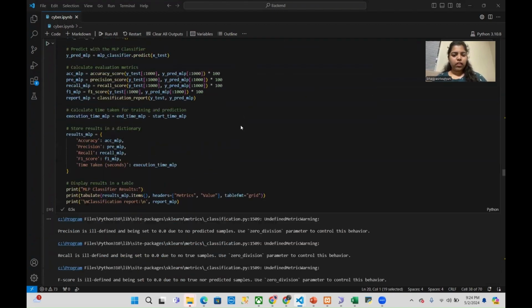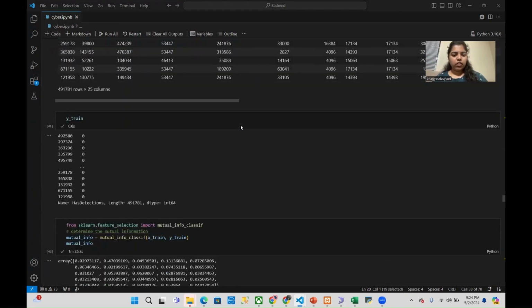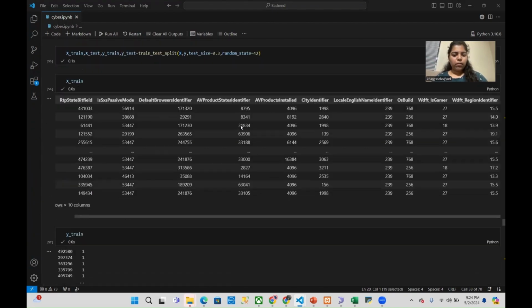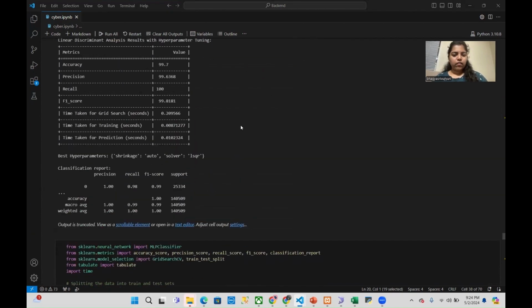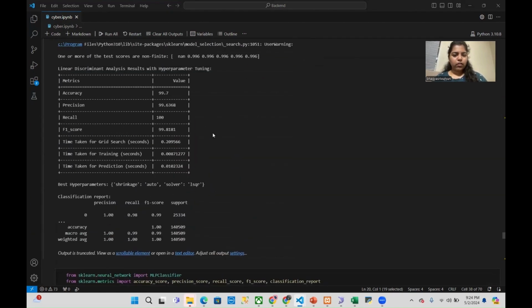Now after applying the k-best feature selection, for all these metrics we have an accuracy of 99.7, and the other metrics have values like 99.6, 100, and 99. And the total time taken for the prediction is 0.01 seconds. The next classifier is